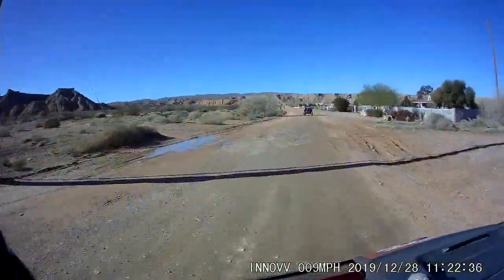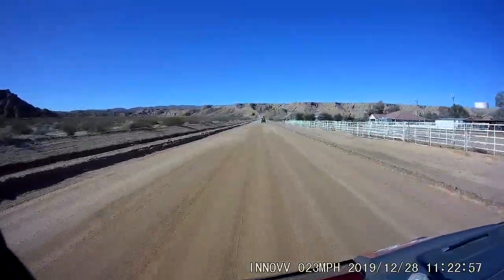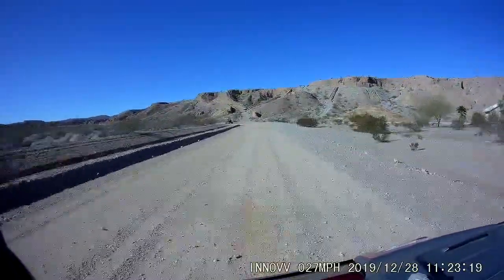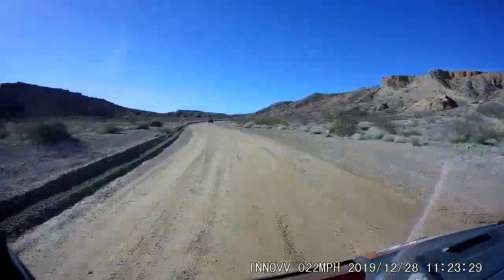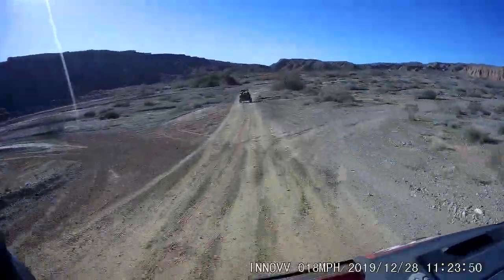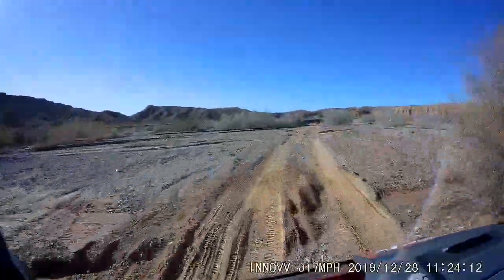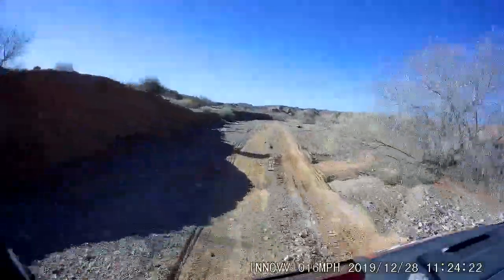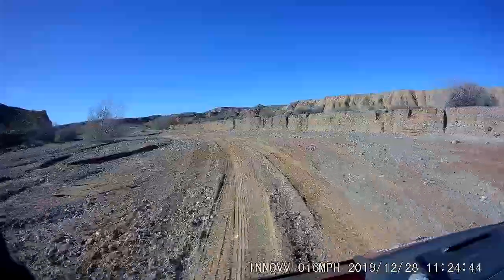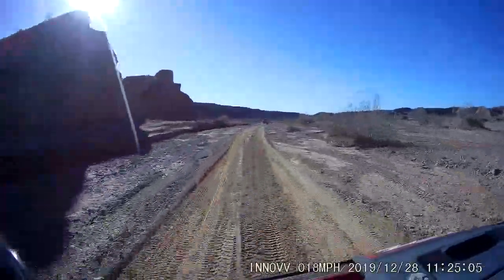So that little tiny road that we just took was all the city driving that was required to get out to the desert. And then he's going to take us to the beginning of the waypoints on the GPS, and then he'll cut us loose after a little quick discussion, once he's 100% sure that we're totally happy with the unit, we know how to do it, and we don't have any last minute questions of hey, how do you do this or that. Up here on the right is actually a shooting range,